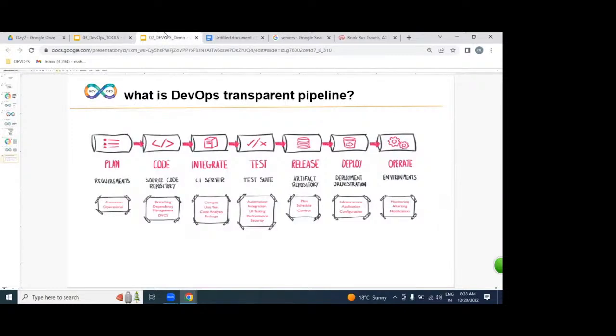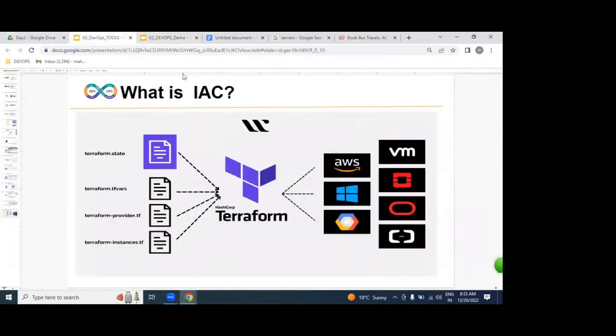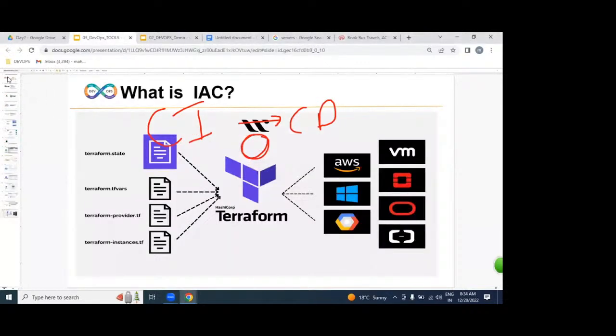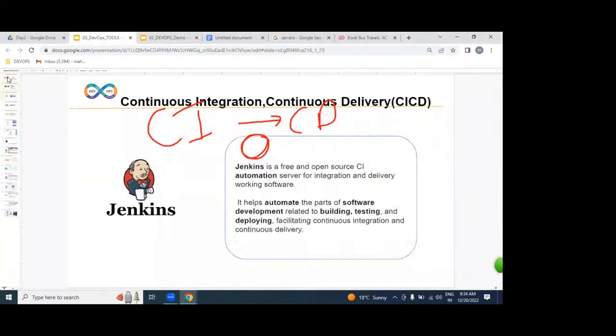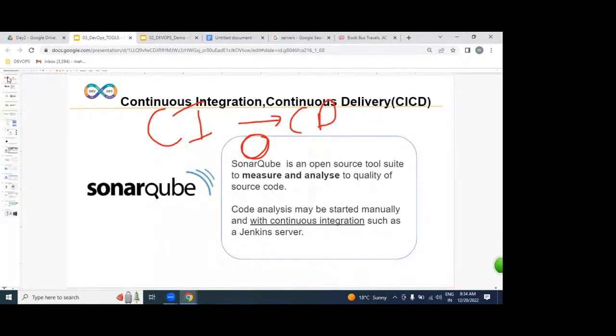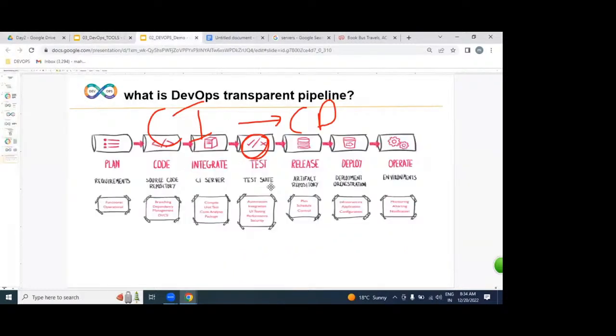Got it very clearly? So for implementing CI/CD, for continuous integration, making working software, continuous delivery for the CI/CD pipeline, which tools are we going to be using? Git, Maven, Jenkins, JFrog, SonarQube. So these 4 to 5 tools we are going to be using for implementing the CI/CD process.